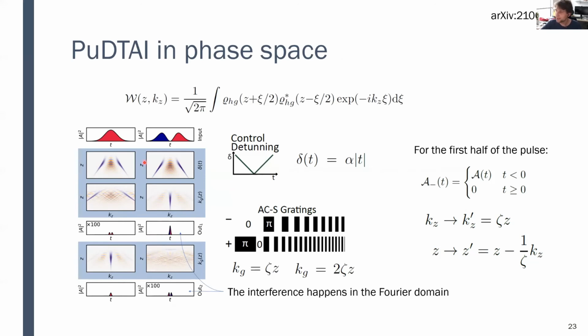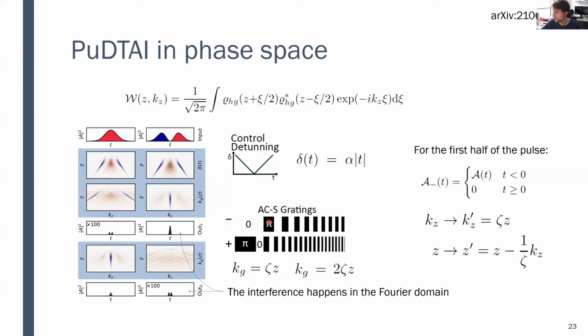So how that happens is that once this is stored in the memory, this is the Wigner function, in terms of the position along the ensemble, and this is the wave vector of the spin wave stored in the ensemble. So now we make a beam splitter between this part and this part. We want a grating that will mix different components with a different wave vector along the ensemble. That is the AC Stark grating that we illuminate the ensemble with, which effectively leads to spin wave diffraction and interference.